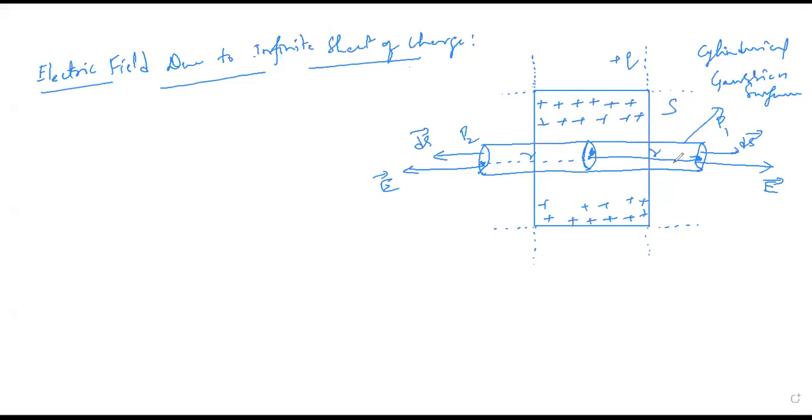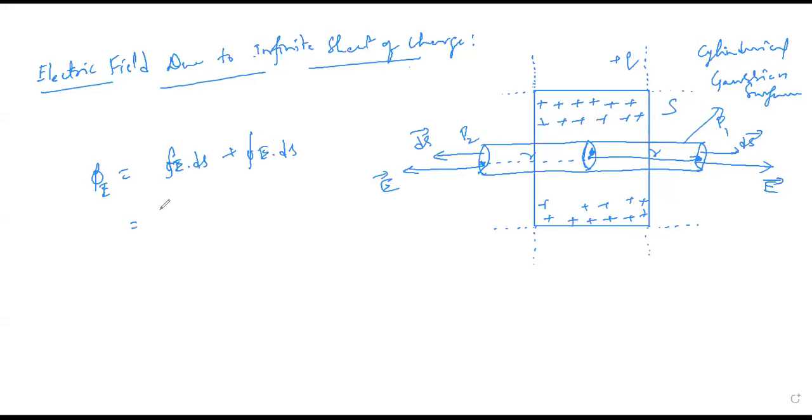So that's why I have taken 1. We'll work it out for 1, and then we have to write with respect to 2. As E and ds are parallel to each other for both the ends, for this end cap and for this end cap we will take the Gaussian surface, and the total flux through these two caps will be written as phi E is equal to closed integral E dot ds plus closed integral E dot ds for the other one as well.